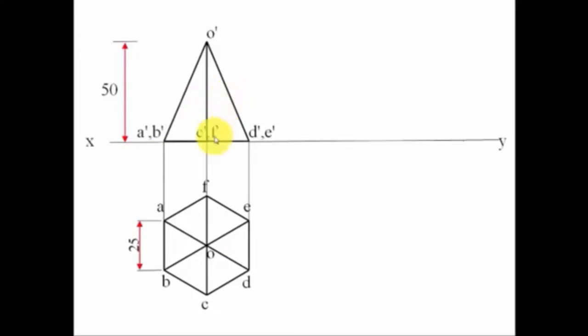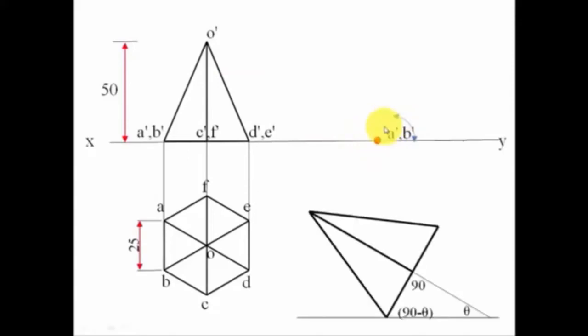Now guys, you need to visualize this. Try to imagine this hexagonal pyramid, and you'll surely realize that behind this solid line there is an axis. Now if you keep this solid line at an angle of 30 degrees with the XY line or with the horizontal plane, then eventually the axis will also get inclined at an angle of 30 degrees. Let's say that the point is A dash and B dash. And through this point we'll make 90 minus theta. So theta has been given to us as 30 degrees, so 90 minus theta is going to be 60 degrees.